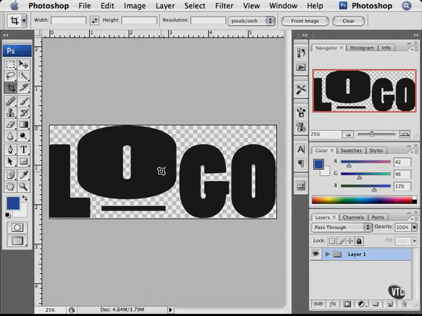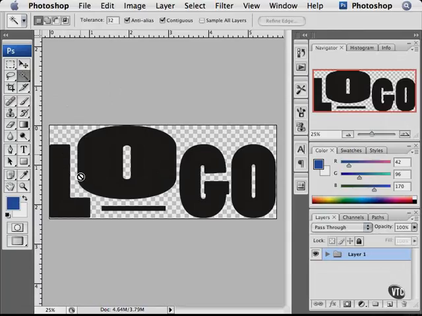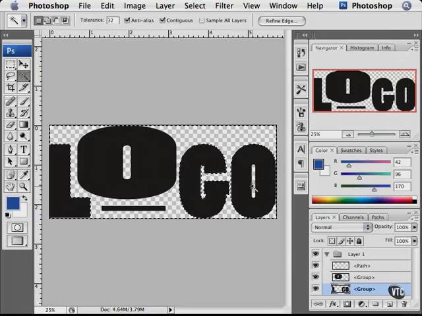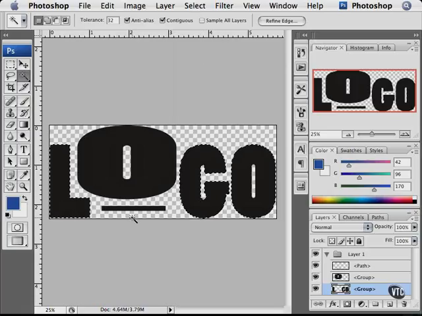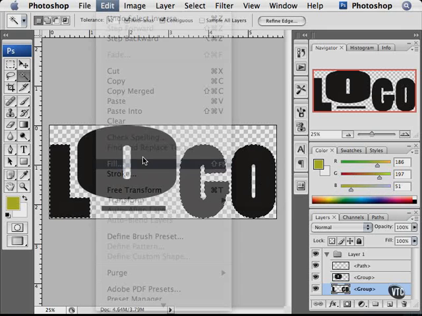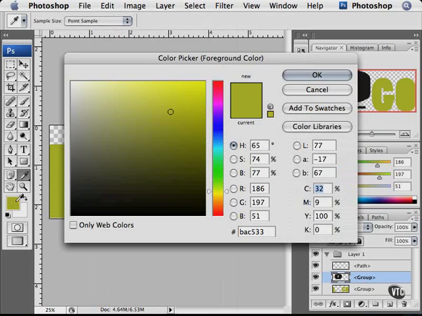What I can do now, of course, is use my magic wand tool or any tools if I want to. And let me go ahead and open this up to grab the group I want to work with. And I can grab the LOGO. I can go to Select Inverse just to make sure I have the letters, and I can fill them with a color. So let me go ahead and do that, and I can go to Edit, and go to Fill, and go to Foreground Color. I'll deselect that, and I'm going to go to the O now, and do the same thing. So I'm going to change the color,